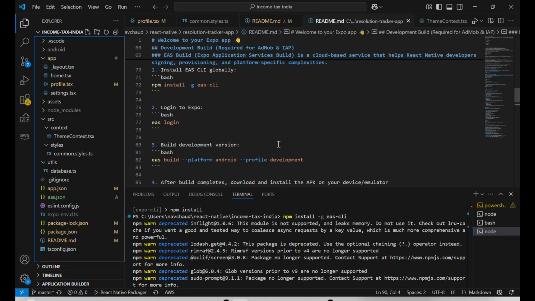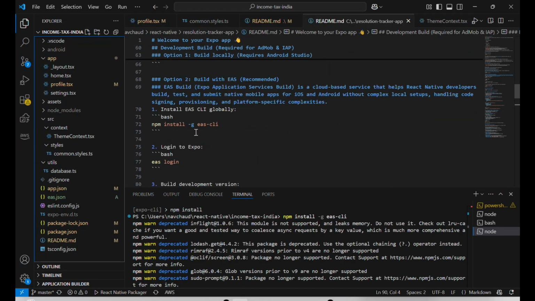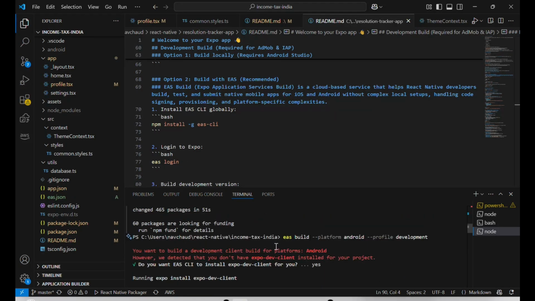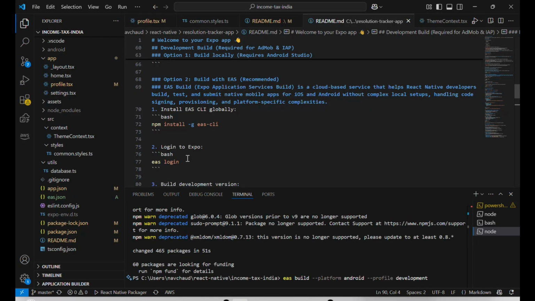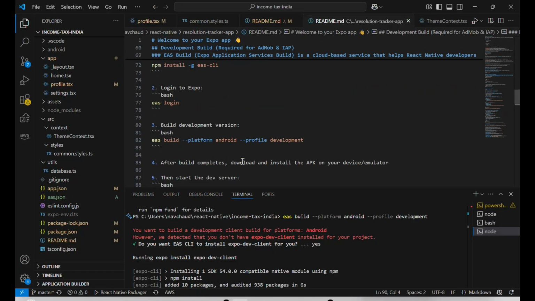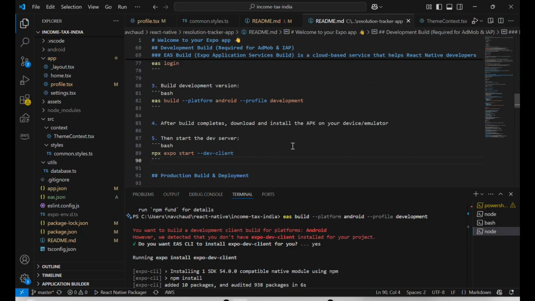First, we will install EAS globally. EAS is nothing but Expo Application Services. When you run it, it will install it. I've already run it. And then you have to log in with EAS. It will ask for your email ID to confirm that you are a valid user. So this is again a one-time activity, not needed every time. Then you have to run